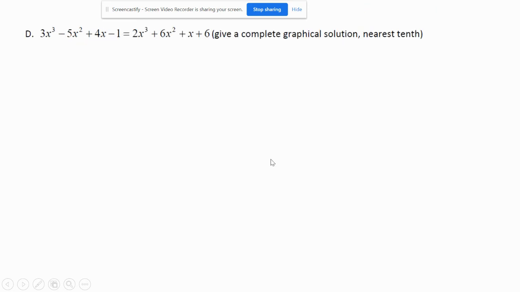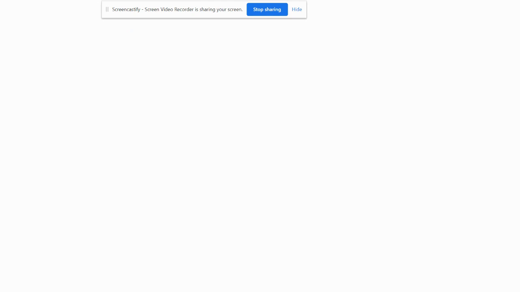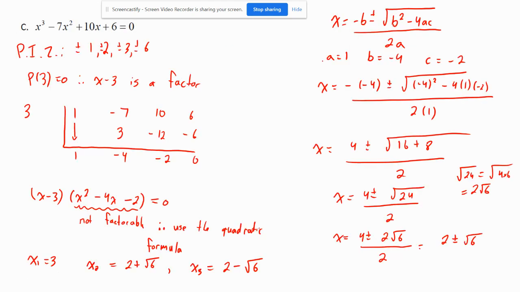All right, so over here, we want to be able to give a complete graphical solution to the nearest tenth. Now, what we mean by complete graphical solution, this is what I'm talking about. If this was ever a written response question on a test, these are the standards that we expect. One for a complete graphical solution is going to be